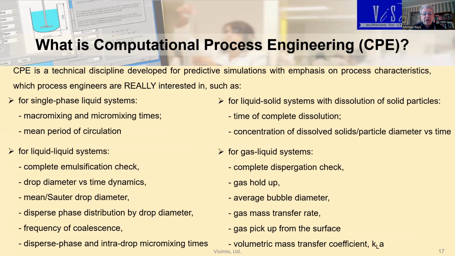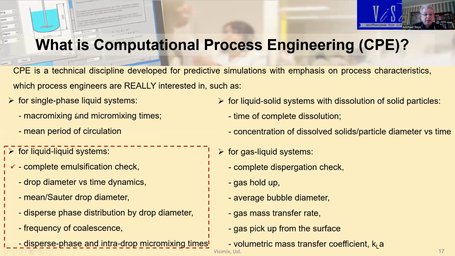So we define computational process engineering as a technical discipline developed for predictive simulations with emphasis on process characteristics which process engineers are really interested in, such as for single-phase liquid system, it is macro mixing and micro mixing times. For liquid-liquid systems, it is such things as complete emulsification check, drop diameter versus time dynamics, mean or Sauter drop diameter,